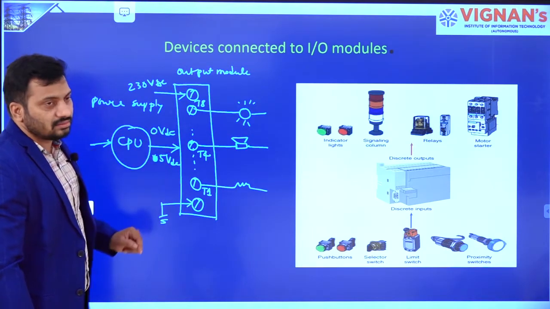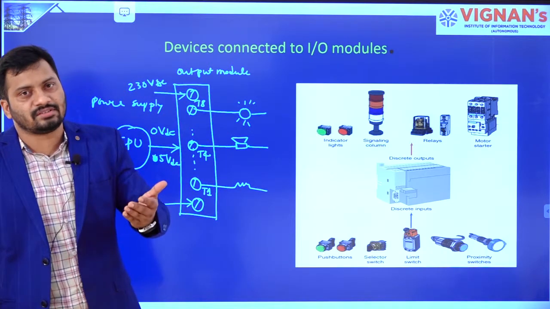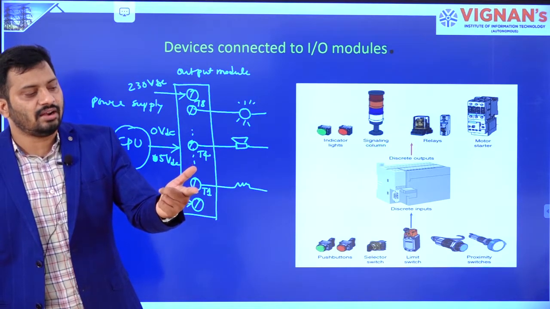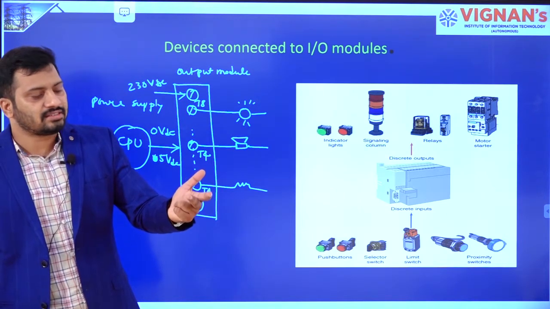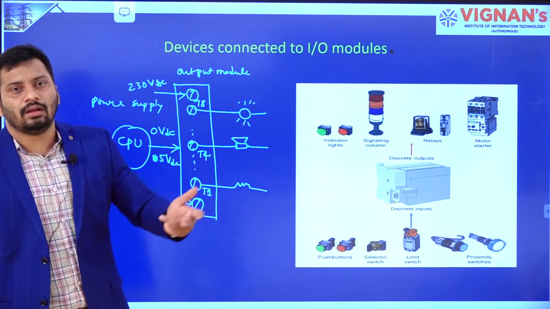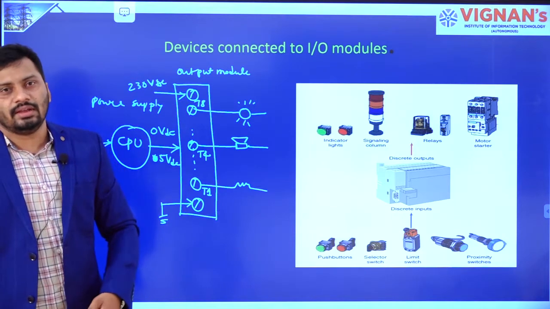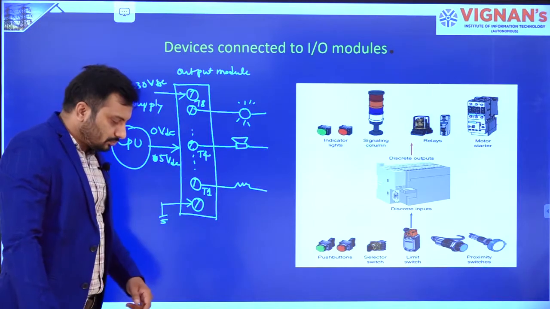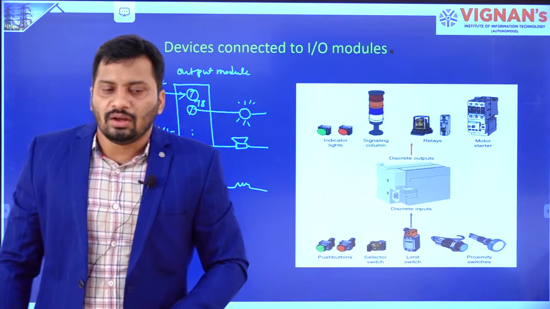This input is used for turning the internal switch on and off. We already discussed what the internal switches are. Normally we have relays, transistors and triacs. You can use a relay as a switching device. A transistor you can use as a switching device for DC control, DC power switching, and a triac is specially used for AC switching. Like that, the output module is going to control the output device.